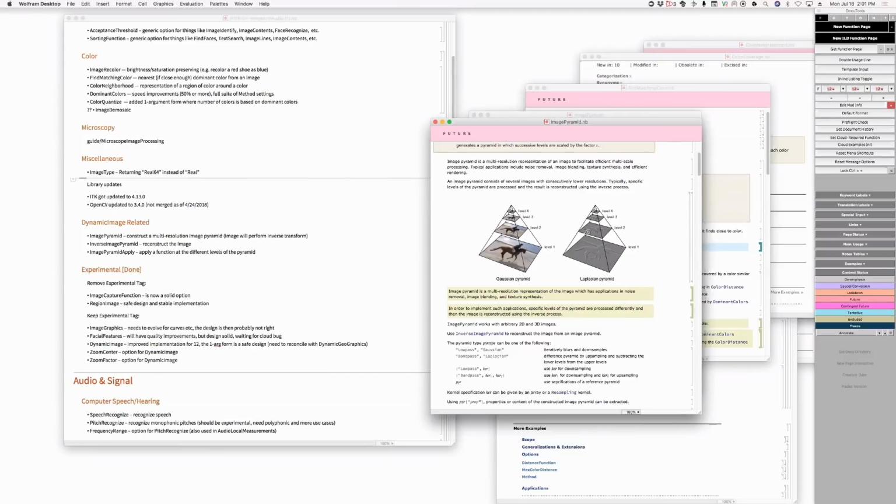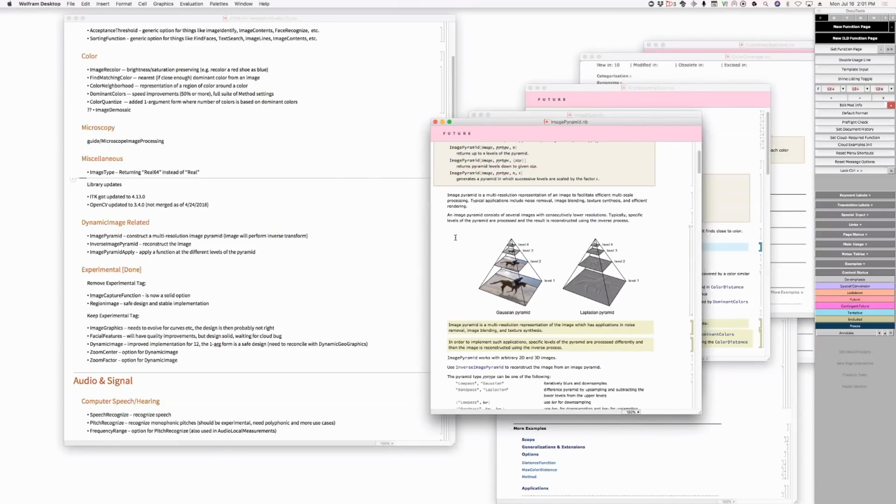Well, I think you can reconstruct the image from the Laplacians just as you can from the Gaussians. But the Laplacian is what gets stored in the pyramid, right? Not what the pyramid returns. So if you look at the